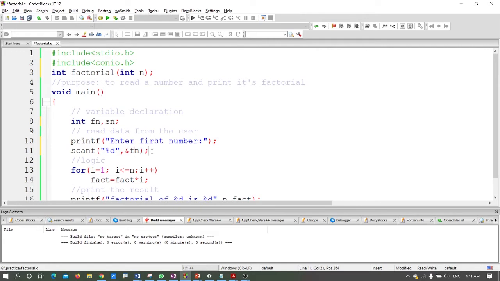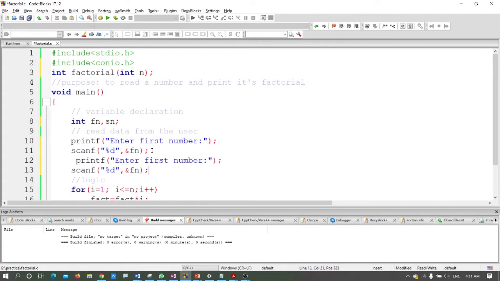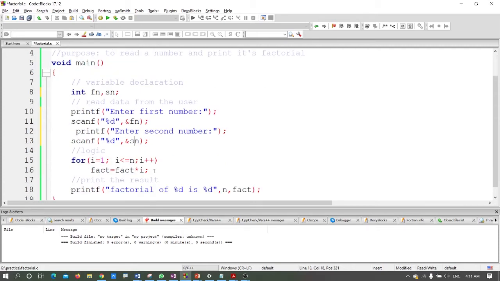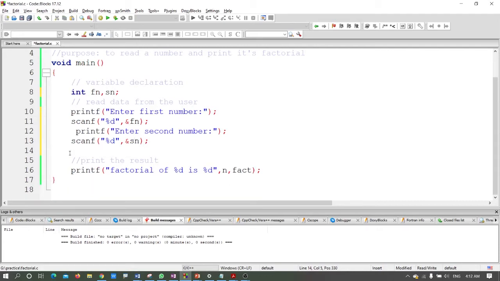Then I copy these two lines and ask the user to enter another, second number. I write second number is address of n. Yes, okay. I want to remove this for loop from that place,